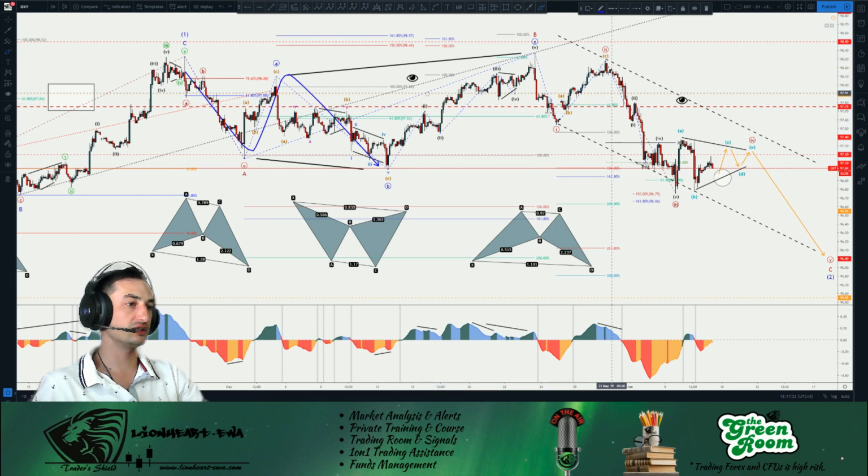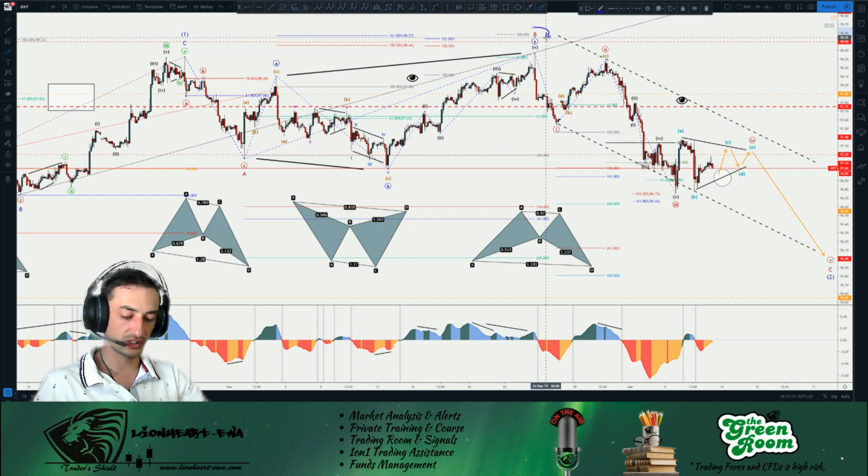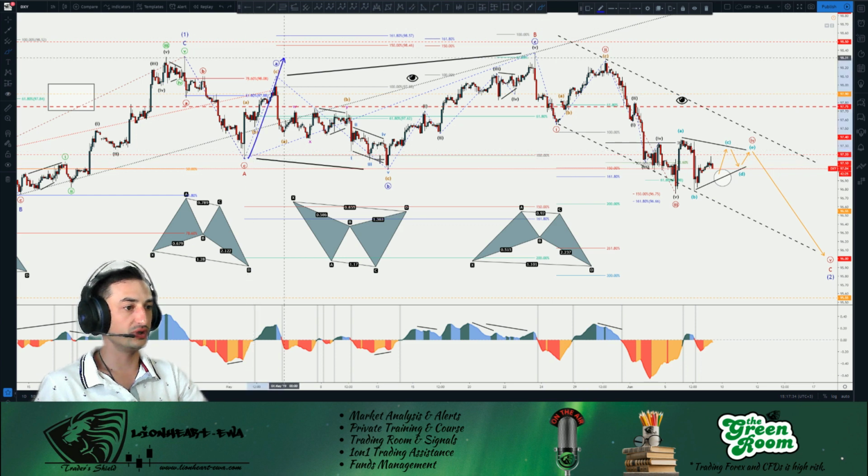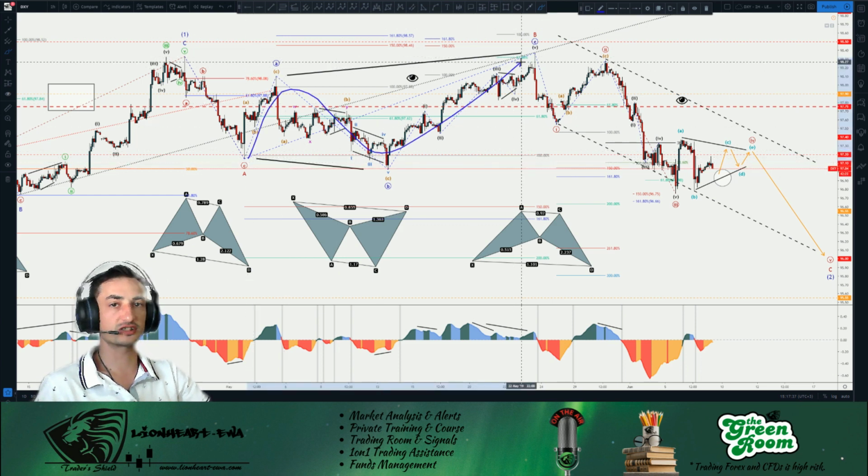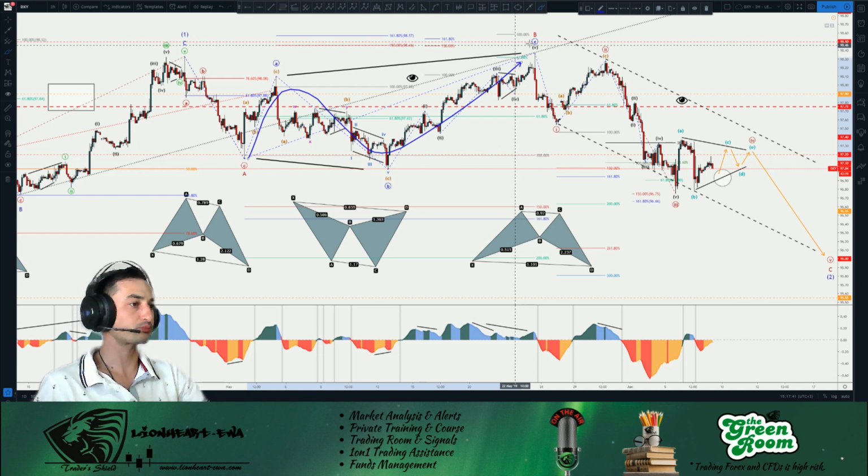So I didn't do that, except I waited for the B wave, the minor B red right here, to show a complete structure like this. So A, B, and then C. This is an expanding flat right here in this minor B red, and I would be expecting a 5-wave sequence. Hence the reason why I'm labeling this drop as a 1 and then 2, a second wave, sharp correction.